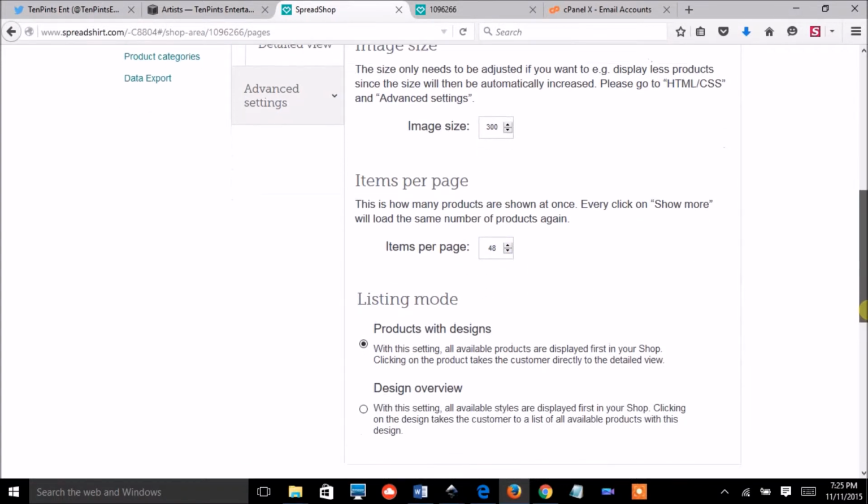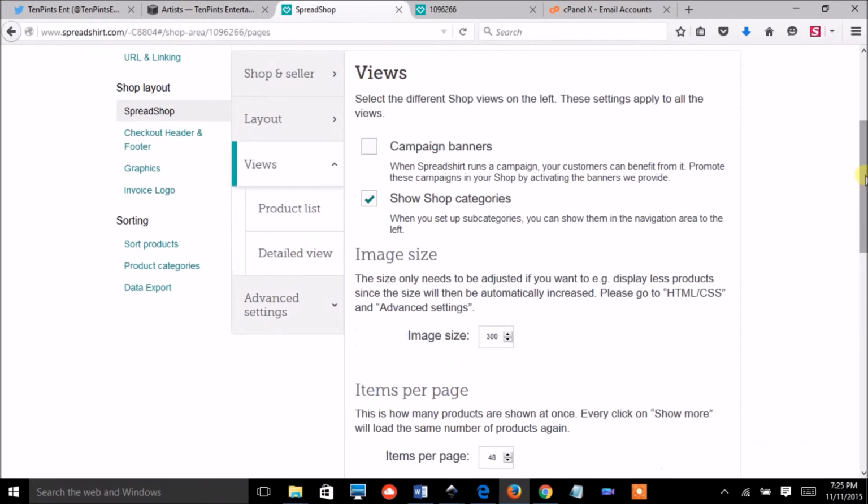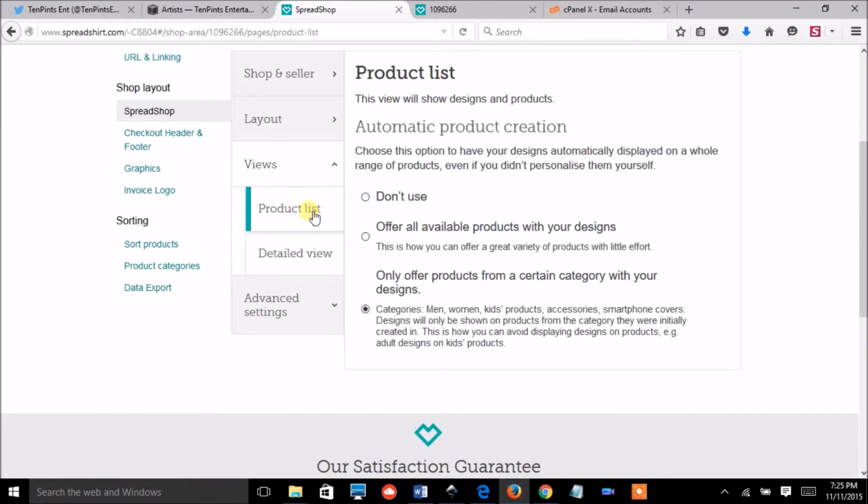You also have listing mode. You want products with designs, and this setting is available on products that are displayed in your shop. And then you have a design overview. So you can mess around with those to get your store fine-tuned the way you want it. So we're going to go through here and look at